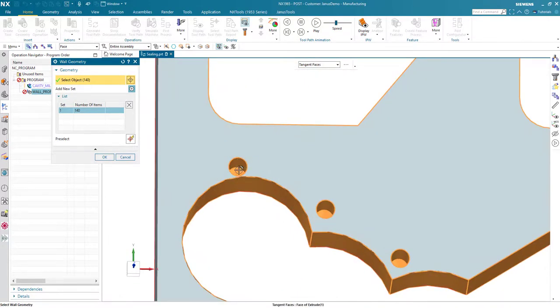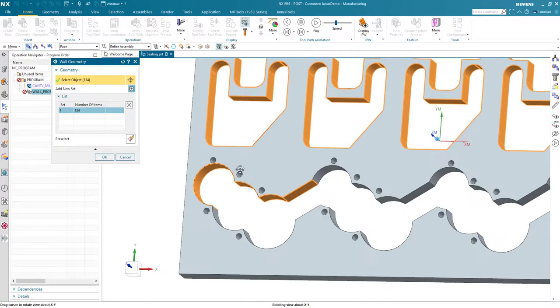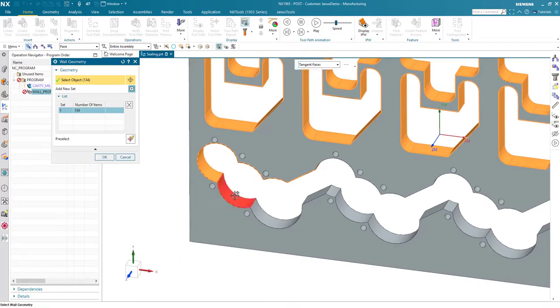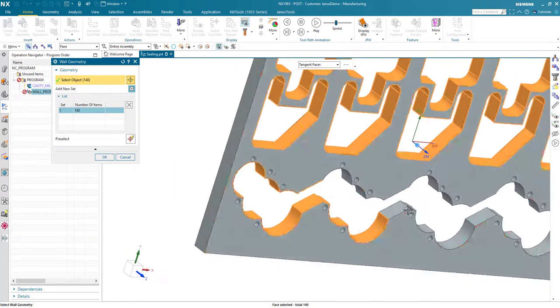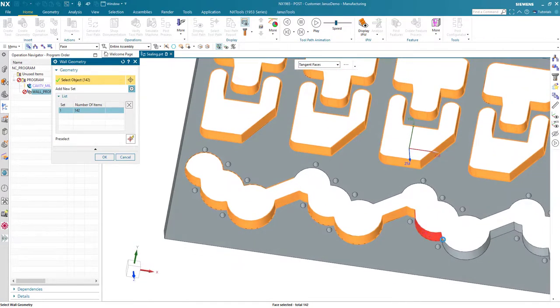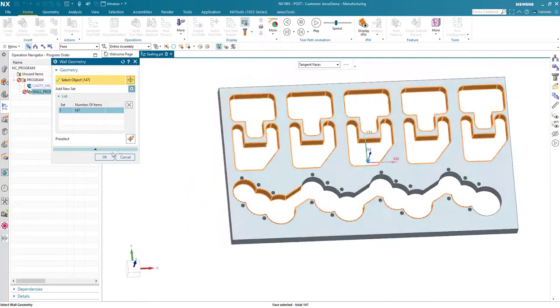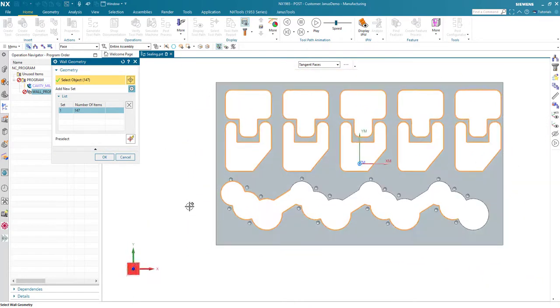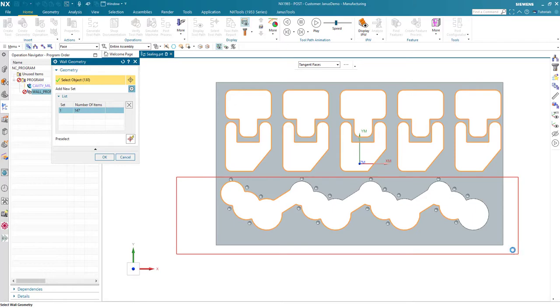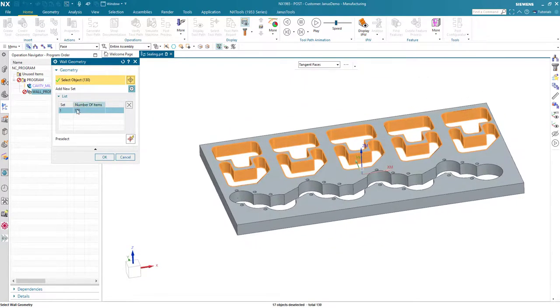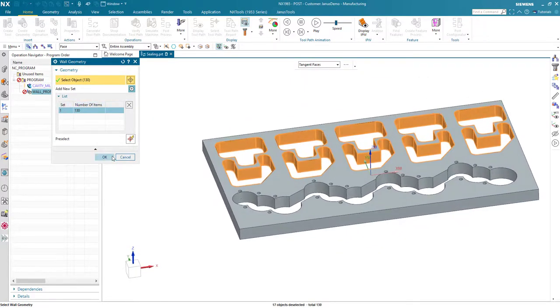For instance, those holes. I don't want those holes to be selected, so I will have to deselect them all by hand. As you can imagine, it's quite an effort to get all those faces selected when using the common or the default operation for that. Therefore, I will simply deselect the below part and stick to the upper part of 130 faces.